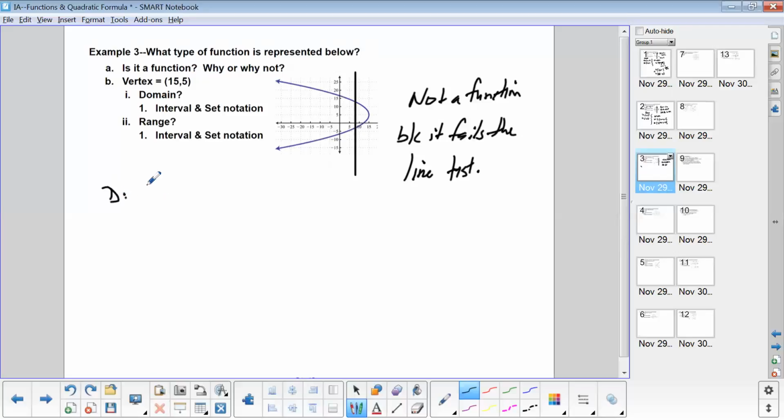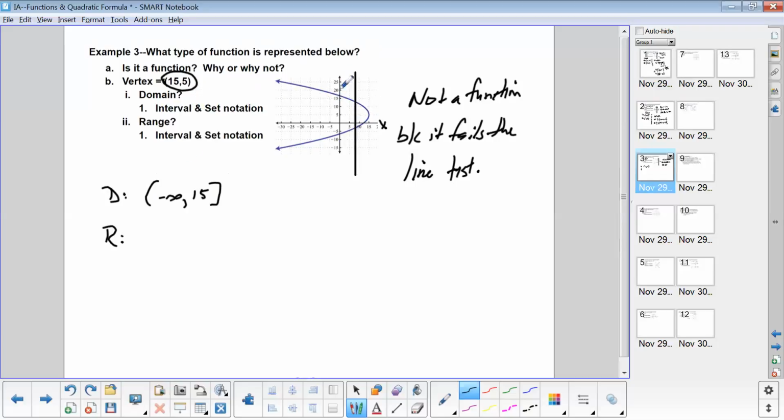So the domain, looking at all the possible x values, actually stops right here. So this ordered pair is important. That 15, the maximum distance on the x-axis is 15. So the domain would be from negative infinity to positive 15 and include it. And the range